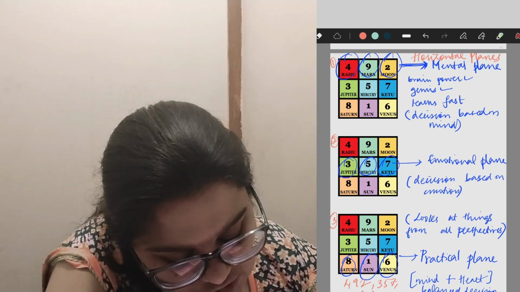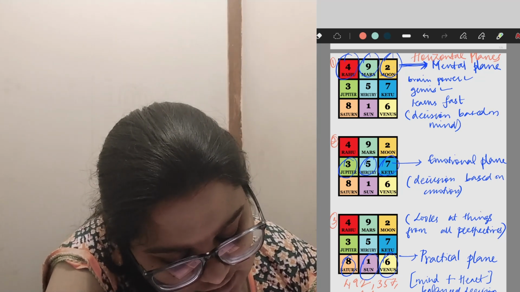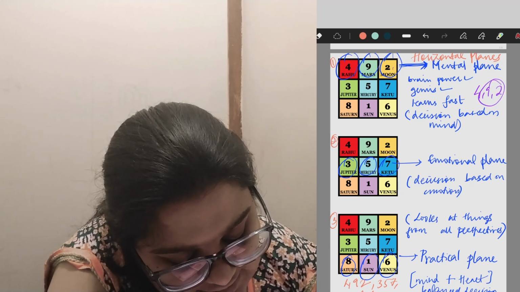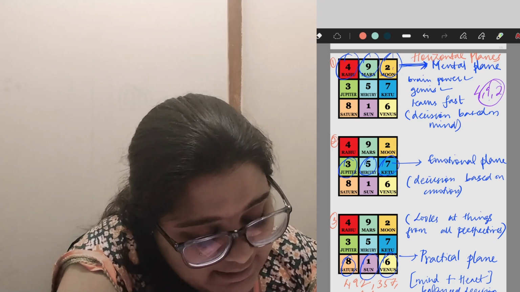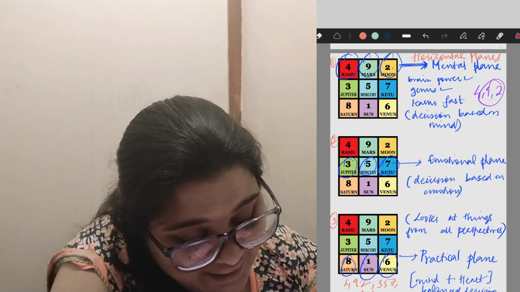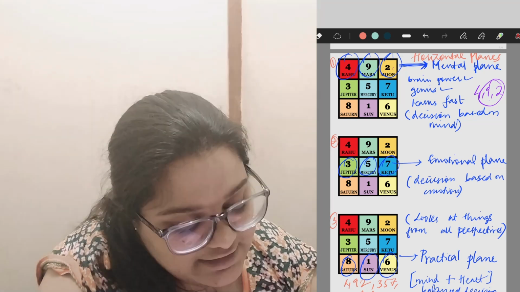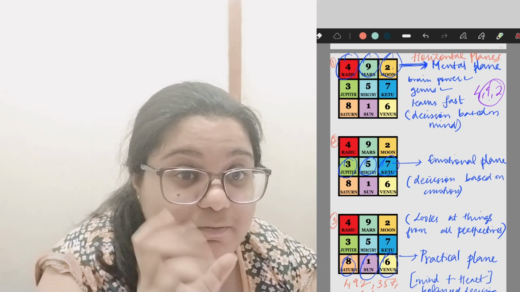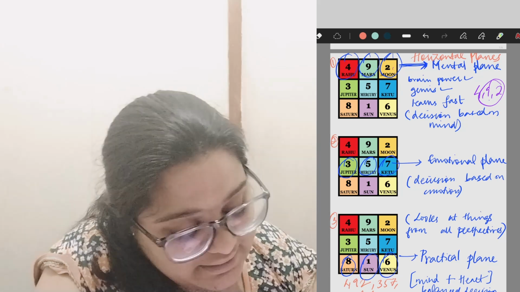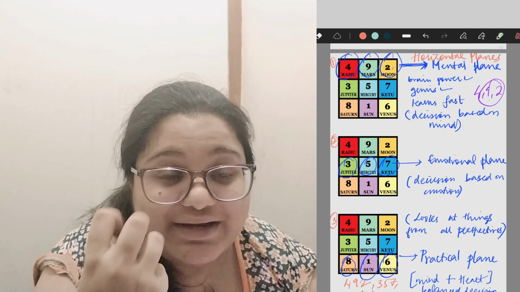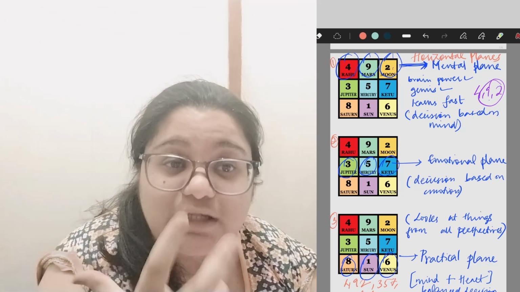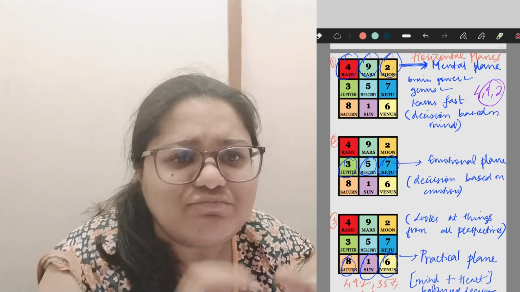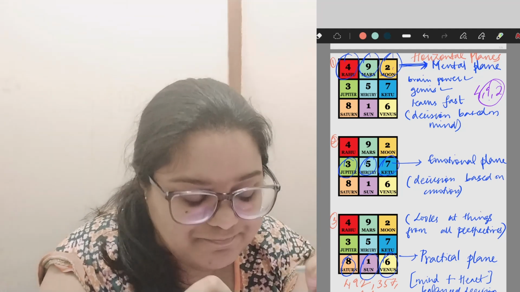Number 1 that we see over here, the numbers that we're considering are 4, 9 and 2. And 4, 9 and 2 deal with the planets Rahu, Mars and the Moon. When we talk about these attributes, all of these 3 numbers are taken into consideration, and hence we call this the mental plane. The mental plane deals with brain power, the grasping capacity, the learning capacity, the decision making based on whatever you have taken in. All of these come into your mental plane.